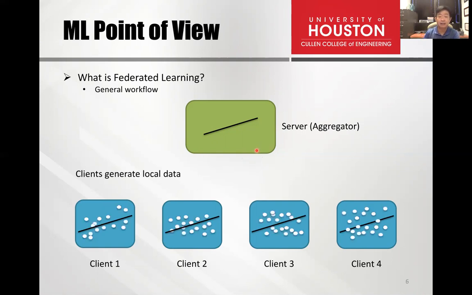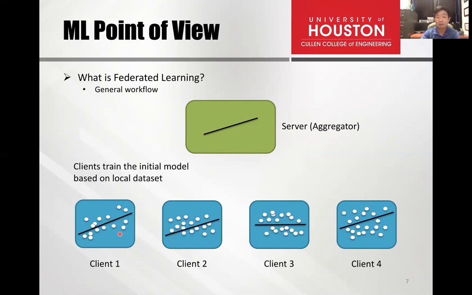And the different clients will collect the data and then do the labeling by themselves. And those white points are new labels. And after the labeling, okay, everybody tries to update their clustering method. And then this is the new cluster method based on the new data. And so in the next step, instead of sending all the data back for the server to recalculate